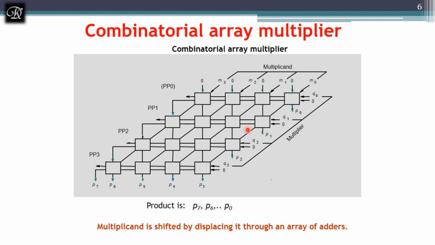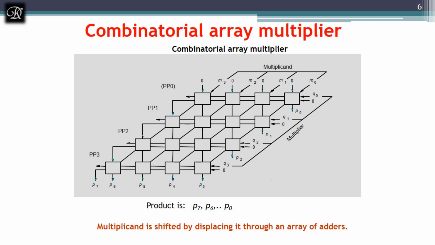This is one of the disadvantages of a computer multiplier, because for a 4x4 multiplication, a 4-bit multiplied with a 4-bit, we have got around 16 combinational array circuits with the help of full adder and AND gate. We got 16 circuits only for 4x4.